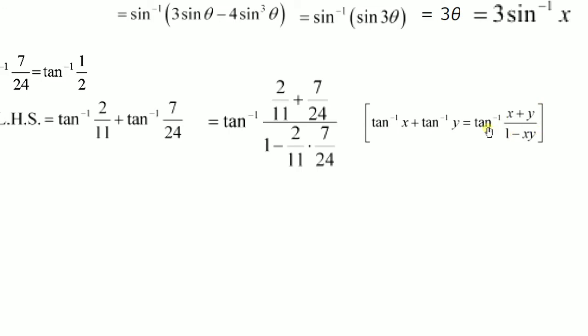Now x is 2 upon 11 and y is 7 upon 24. So this is the formula. The question is in this format and we have to reach here. So now tan inverse of x, 2 upon 11, y, 7 upon 24, upon 1 minus x, 2 upon 11, and